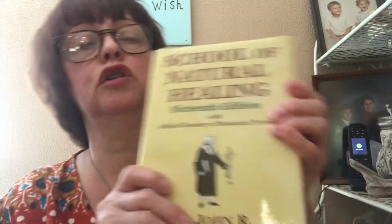Okay, let me see. Okay, now this one, I first saw this book on Patriot Nurse here on YouTube, and it's by Dr. John R. Christopher, Herbal Reference Guide, School of Natural Healing, 16th edition. And then it's got an added glossary of botanical terms. And that's what that one looks like. Now this one, I think it was like $50. It's kind of expensive, but it is very,